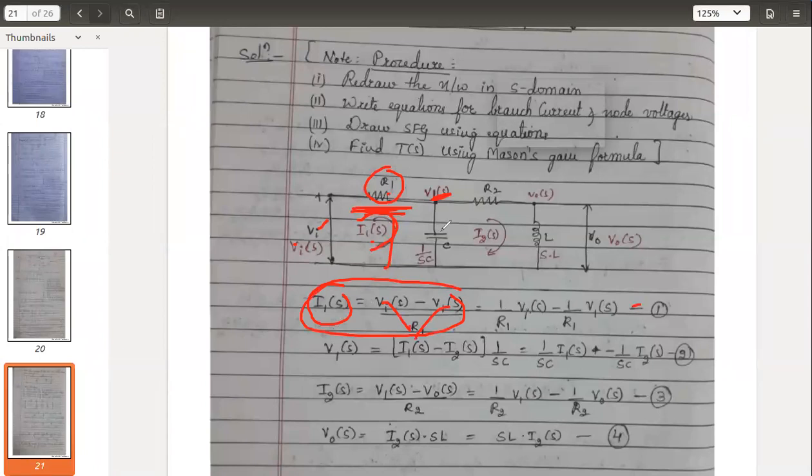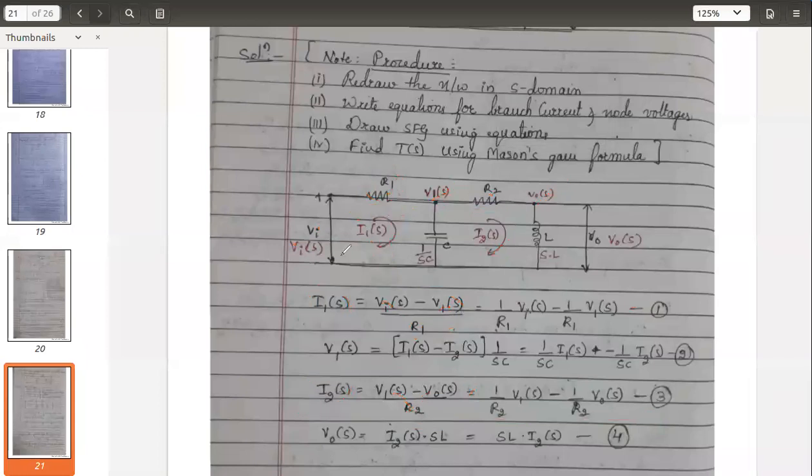Equation 2, you can take for I2. So I2 is the current across this resistor, it is V1 minus V0 divided by R2. I hope you understood this. No need to explain this again and again, because you have already studied this equation writing in your network analysis, right? So how to write the nodal equations and the voltage equations. So for I1 and I2, I have written the equation and again split the denominator. You will get the equation 3. These are the current equations, I1 and I2.